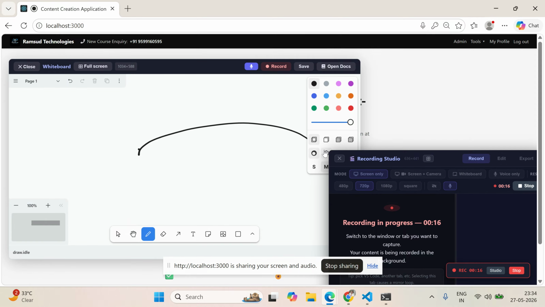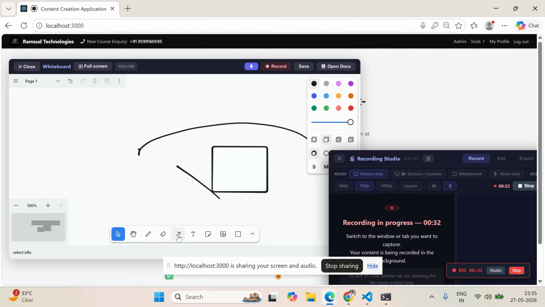We have added some charts over here, and pre-configured shapes like a rectangle, which we have added recently. You can import any image from your machine. We have also improved text, so it's easier to work with text when you're explaining things. It works seamlessly, and the experience is very smooth.